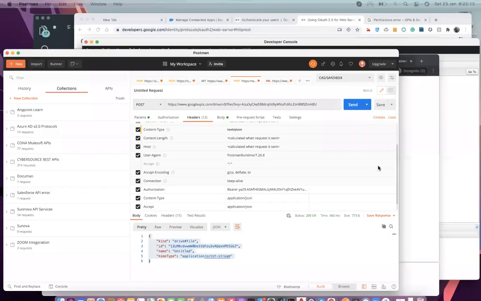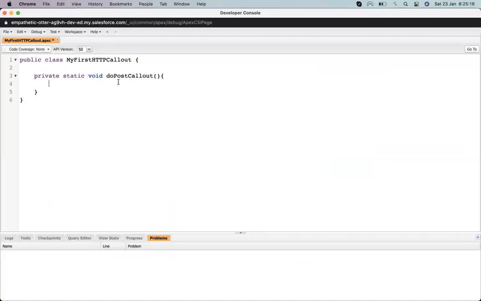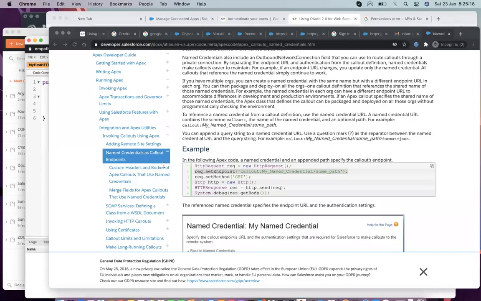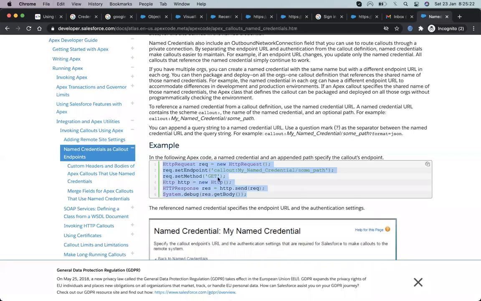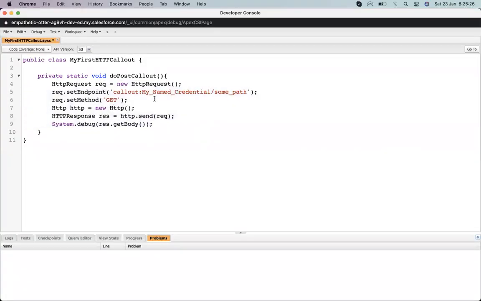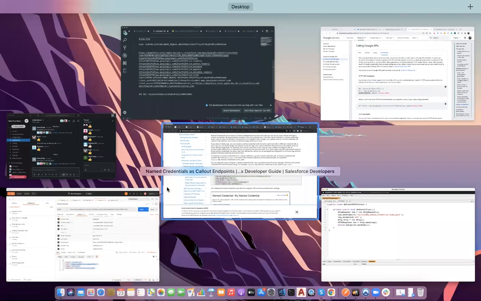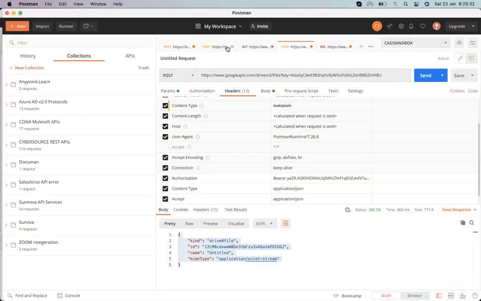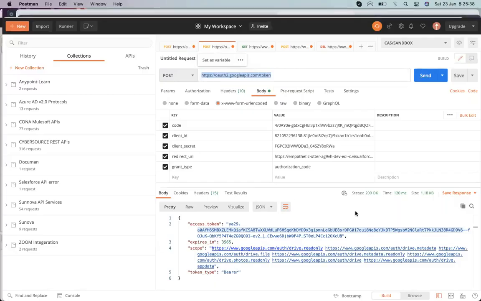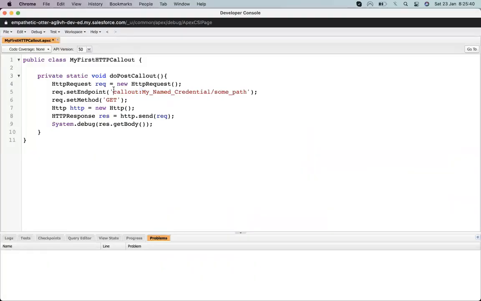So for that, first we have to create a class. In that, we have to declare the methods. So let's copy this and paste it up here. Okay, now let's copy the endpoint. First we will get the access token via the endpoint, so via making a request.